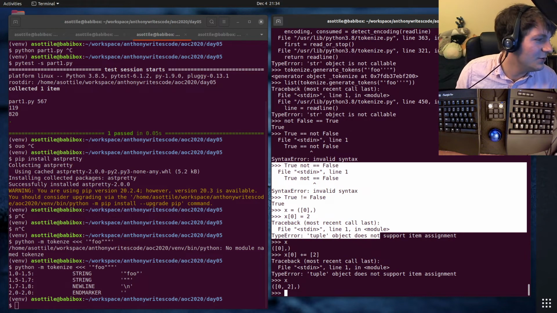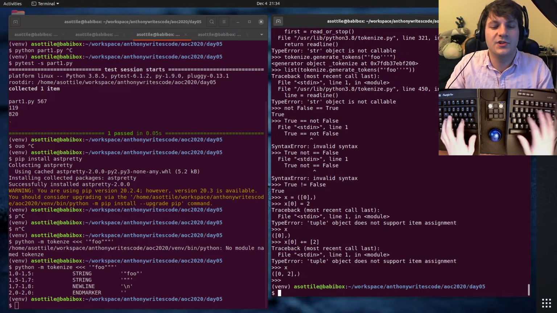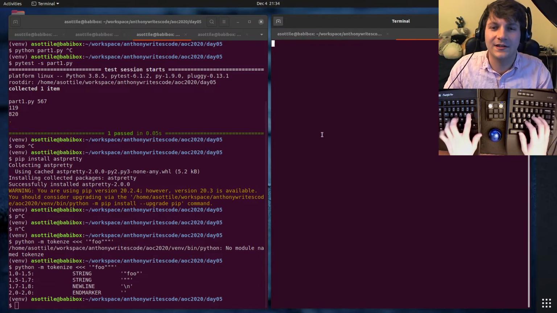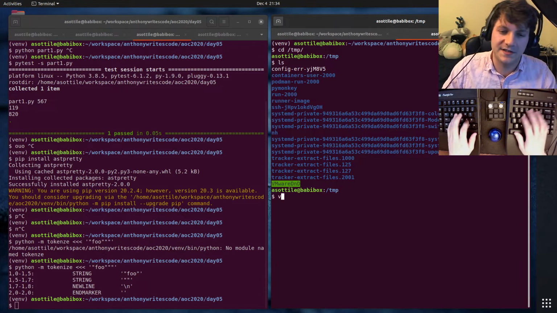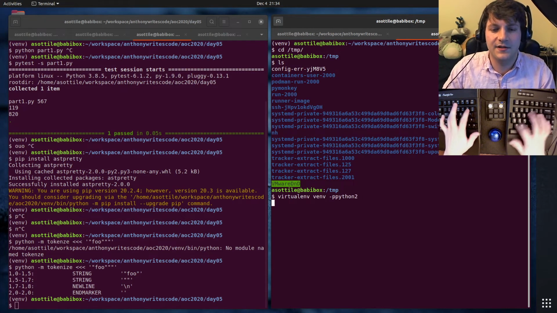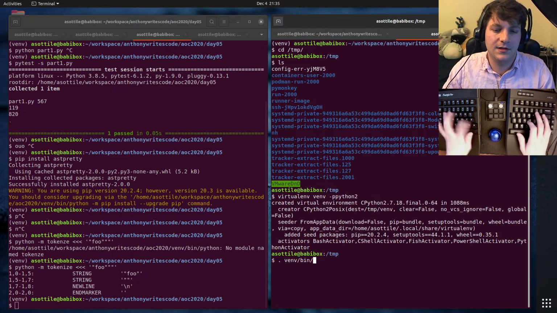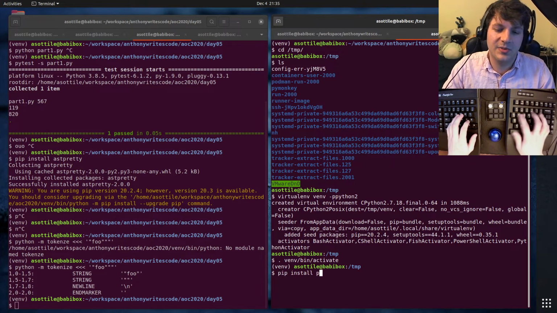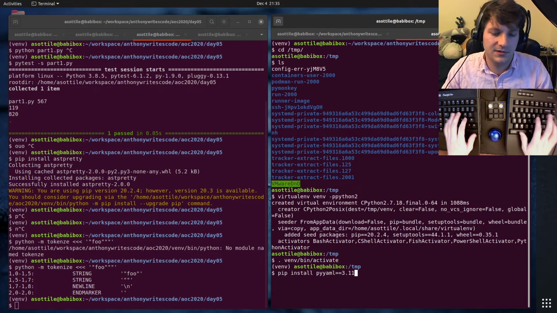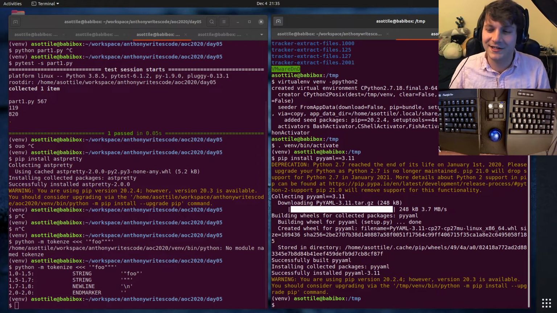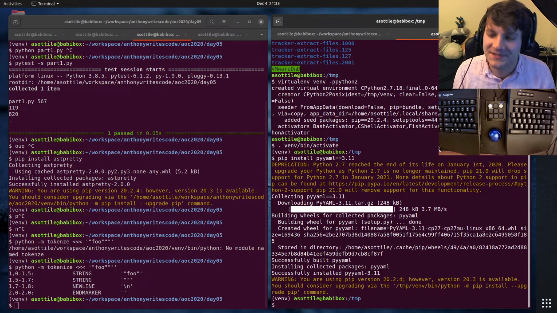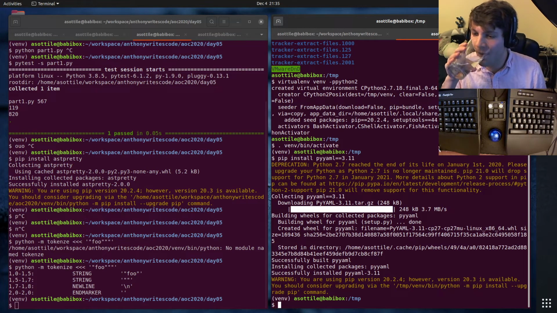But anyway, there's a few weird things in Python. I have one more, but it's been fixed, and it only works in Python 2. Let me show you one more terrible thing. It's no longer as easy to do this, but there are still ways to do this. Let's make a virtual env that is Python 2, and activate that virtual env. We are going to install PyYAML 3.11. This is an older version of PyYAML, but it has this particular fun bug, and it had this bug for tens of years.